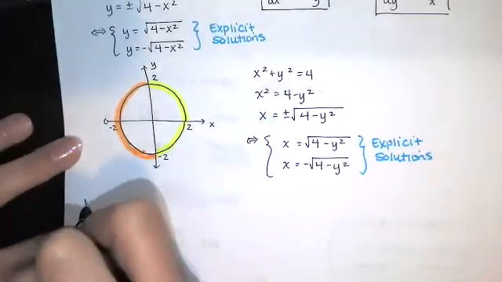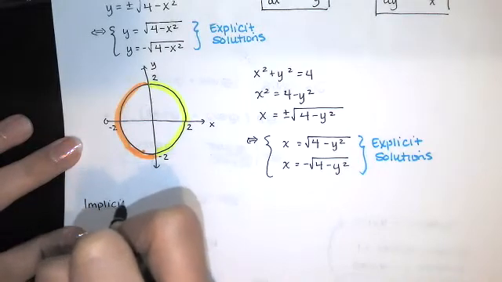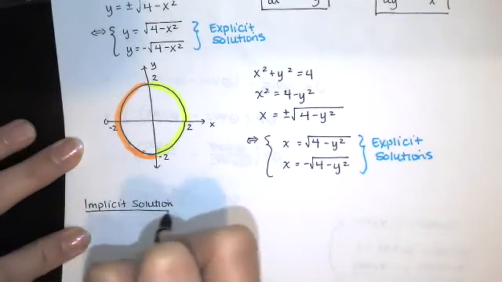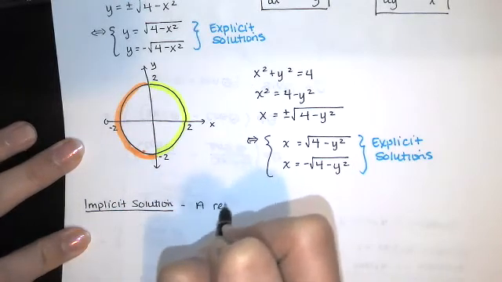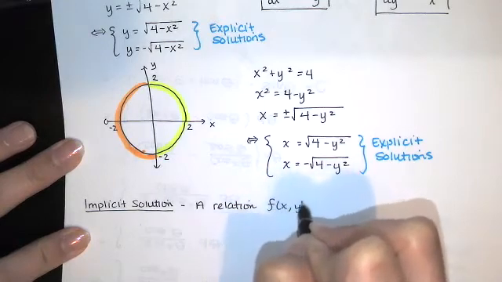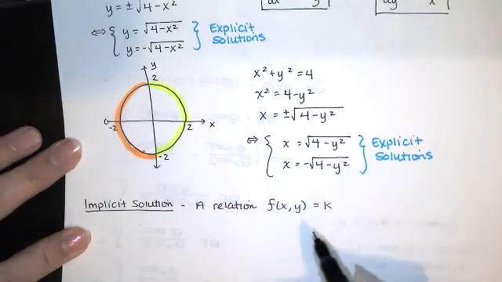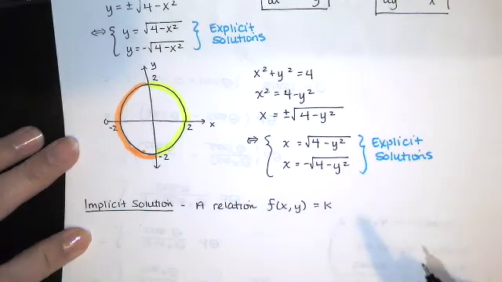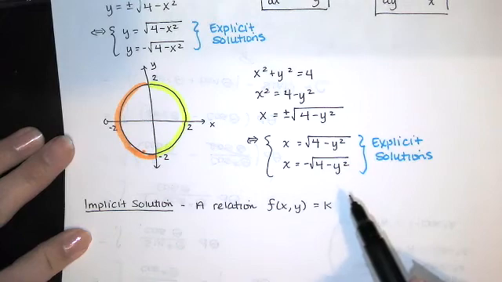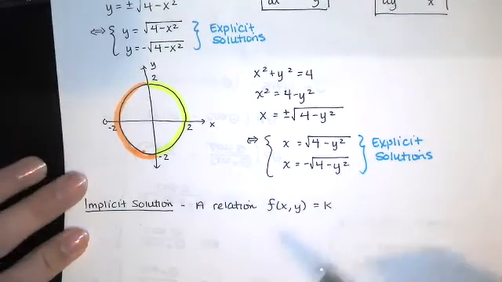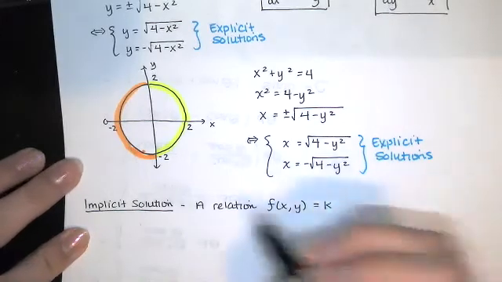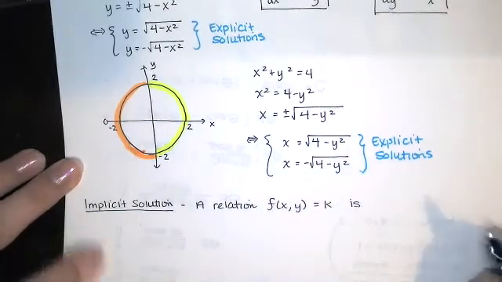An implicit solution is just a relation. And I'm going to write f of x, y equals k. It's just some function of x and y equals a constant. And you could have a function of x and y over here and a function of x and y over here, and you can move them over. It doesn't matter. This is just a relationship between x and y. This relation is called an implicit solution